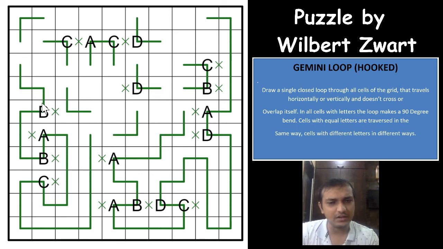This was a really tricky puzzle here. This line will have to go inside this way. Okay, this will have to go this way. And okay, anything else you are missing here? Okay, there is a very good thing here. If you see here, both of these loop segments cannot touch each other or cannot connect. What happens here is that you will form a single closed loop using the C here, right?